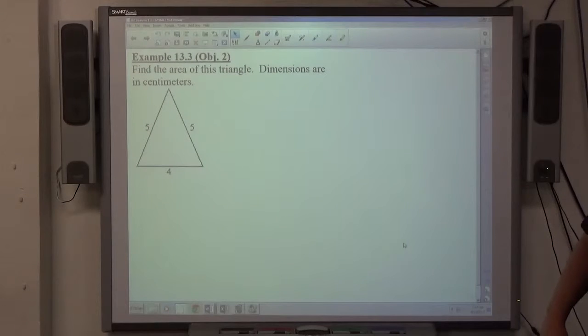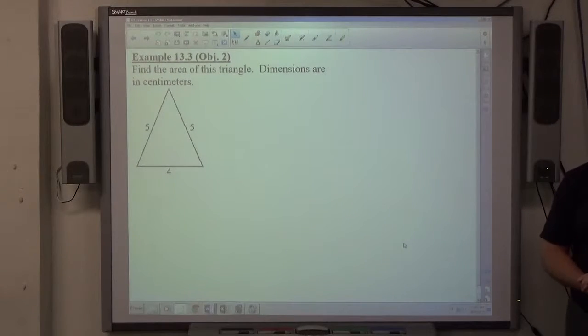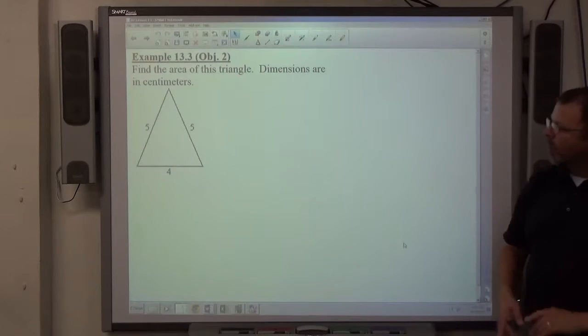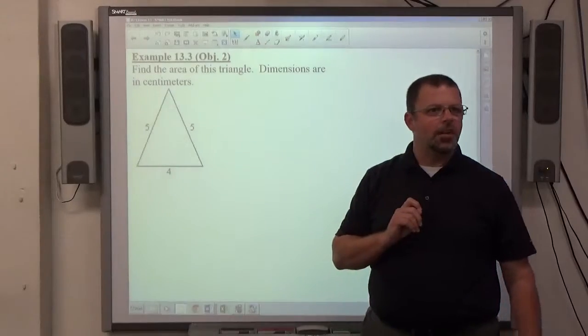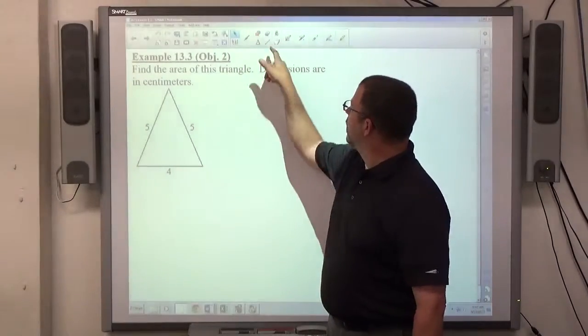All right, example 3. Find the area of this triangle. Dimensions are in centimeters. So when we find the area of it, we're going to get centimeters squared. What you'll see here is we have an isosceles triangle. And the property of the isosceles triangle we're going to exploit to be able to do this is the fact